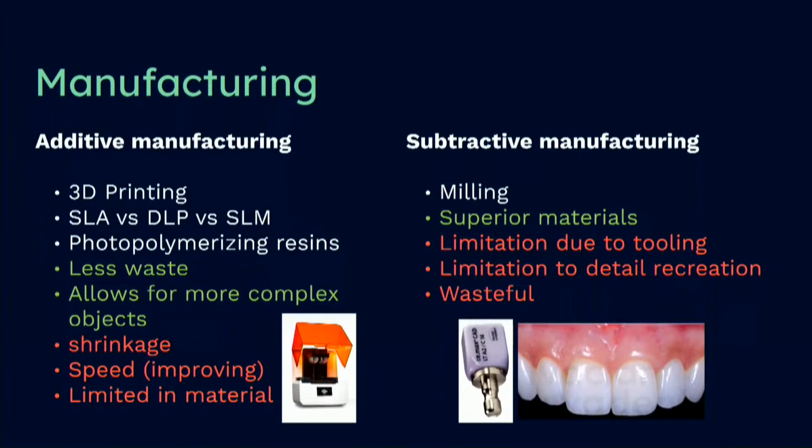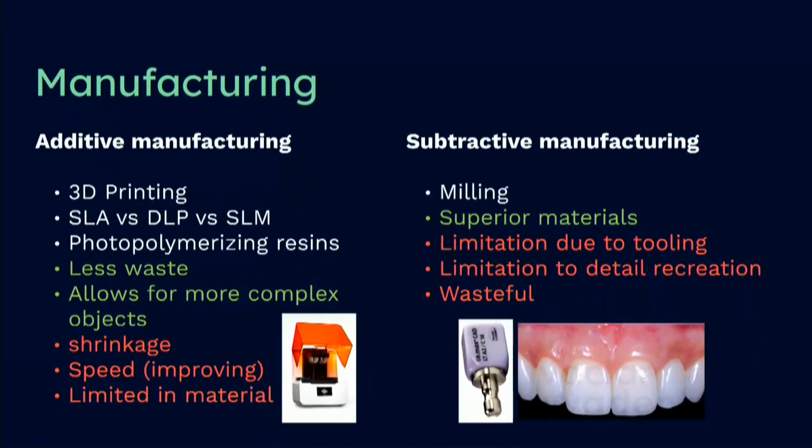However, things to improve with this technology are speed, the available materials able to be printed, and the shrinkage involved with printing resins, possibly affecting fit post-manufacturing. One of the biggest developments right now is the ability to print zirconia. It's picking up good momentum and is showing good promise in terms of marginal accuracy, but needs more testing related